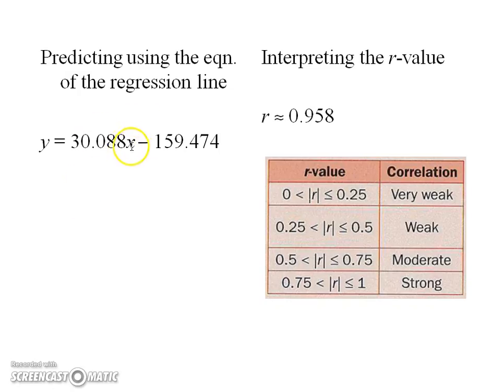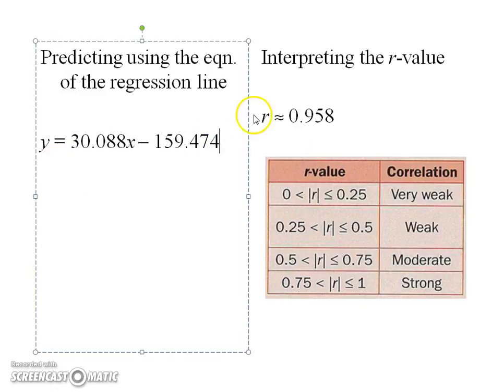So if I want to know, let's say today, it's a very hot summer, and the temperature is approximately 40 degrees Celsius. Now, if I want to predict what my ice cream sales is going to be,